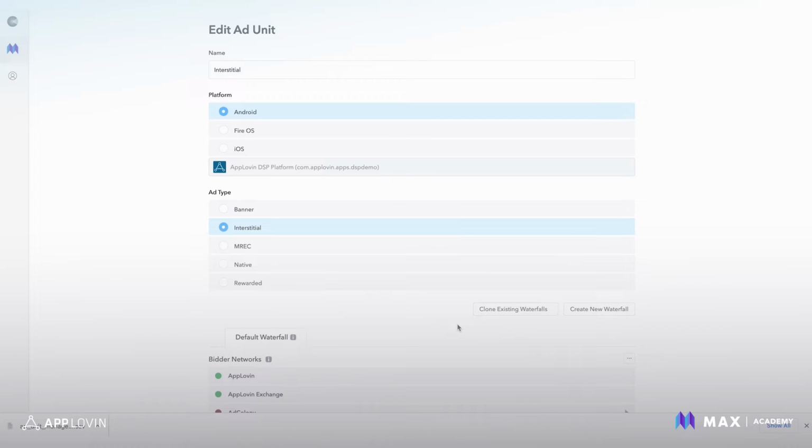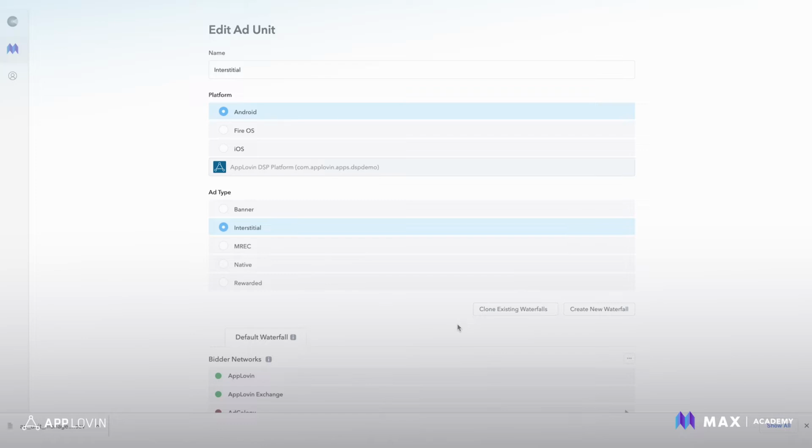Publishers with more sophisticated needs can use Max's flexible custom keywords for enhanced targeting. You can create unique waterfalls for use cases including optimizing the ad experience for your high-value users, or targeting certain networks to specific app versions. Perhaps those networks are experiencing crashes and you just want to target them away from certain app versions. Or you can target specific user groups at a premium price. Ineligible traffic will continue down to use the default waterfall configuration.